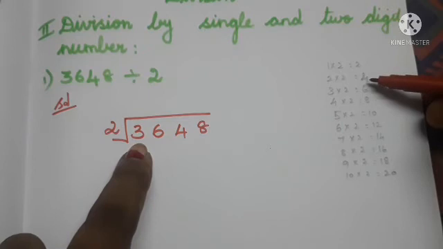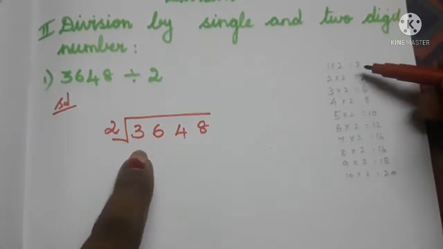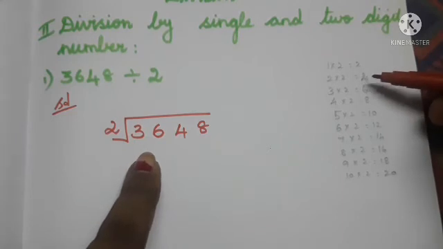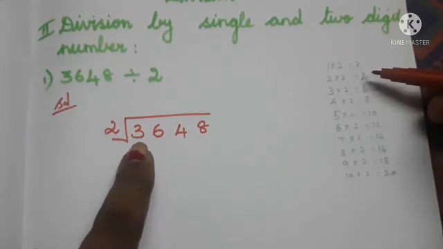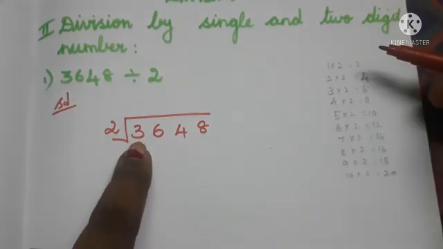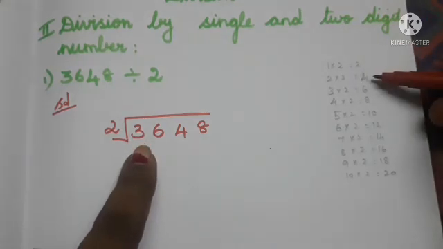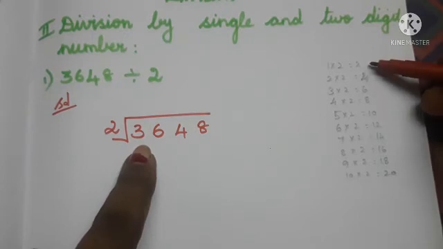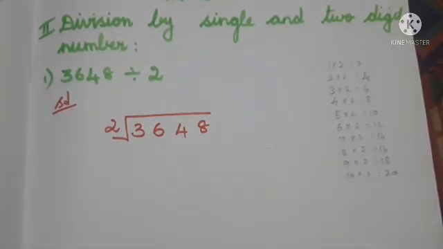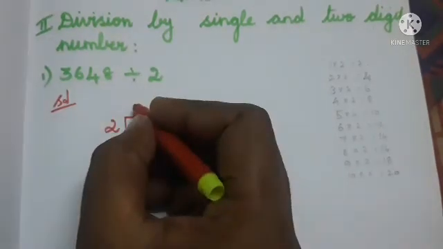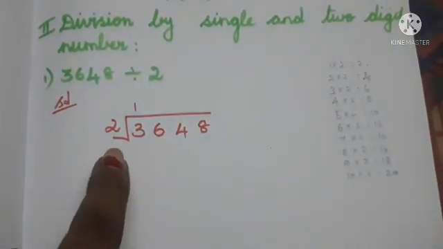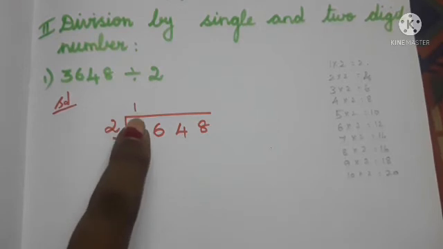So when you are doing the division, you have to take the exact number; otherwise you have to take the lesser number than the given value. Here 3 is the given value, but we have 4, which is bigger than 3. So we have to take the number before it, that is 1 2 is 2. So we write 1 in the 1000 place value of the quotient.